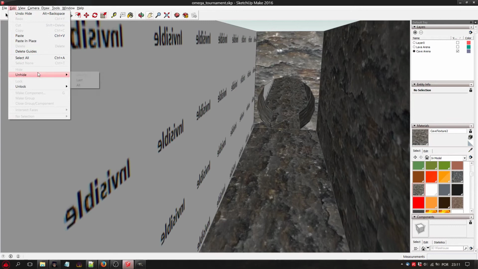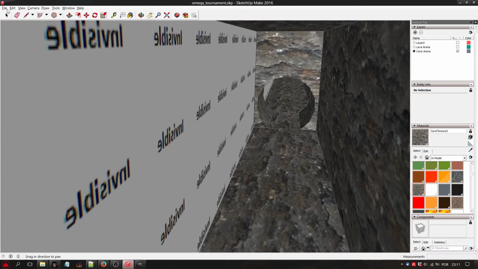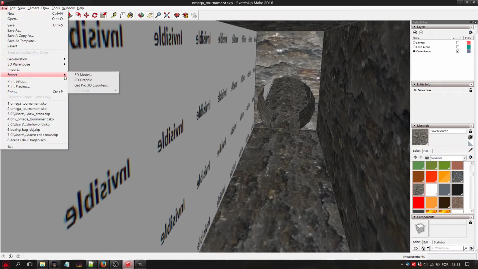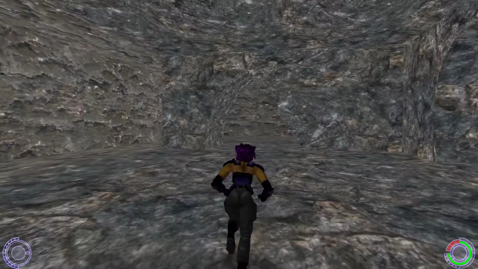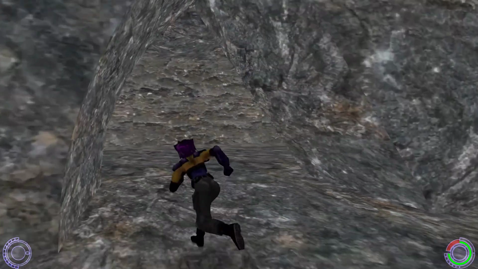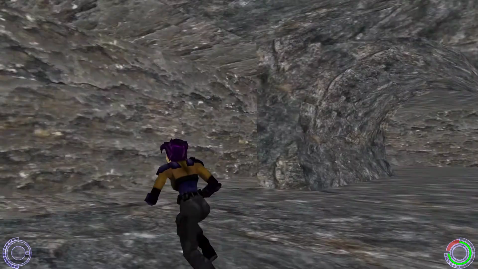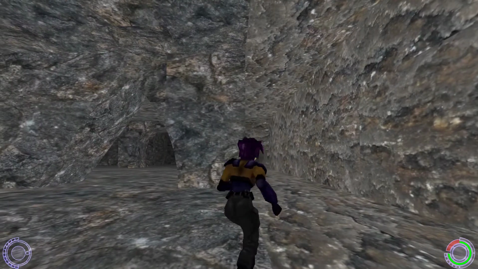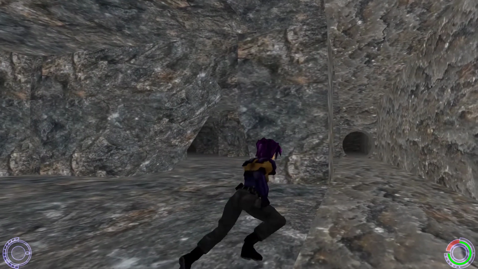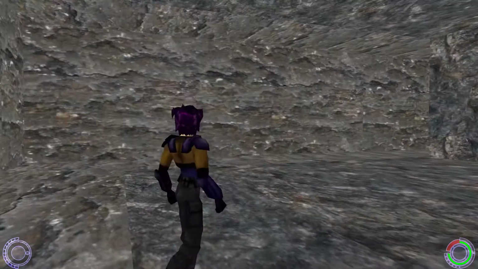Okay, let me show you in the game how it looks, and it looks like this. You can see this is the spectators area. I can't enter here.